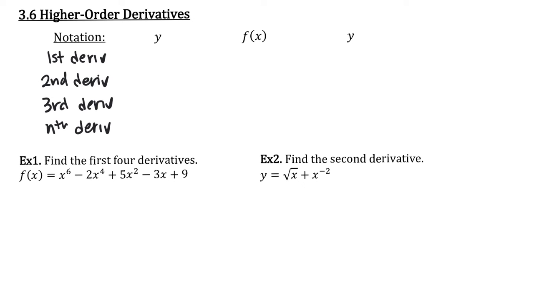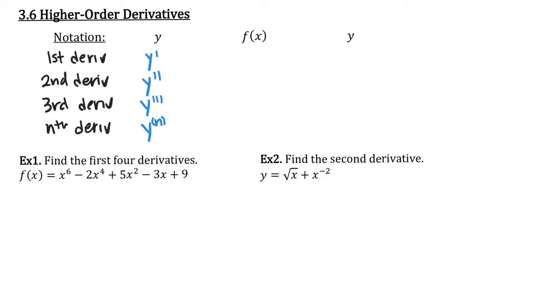Okay, the easy notation, if you have a function that starts with y equals, if I do the derivative once, y prime. If I do the second derivative, meaning I take the derivative of the derivative, it would be y double prime. If I do the third derivative, I'm taking the derivative of the second derivative, so it's y triple prime. If I'm doing the nth derivative, it would just be y n prime. Okay, now what if we are given, actually let me put this in parentheses so it doesn't look like an